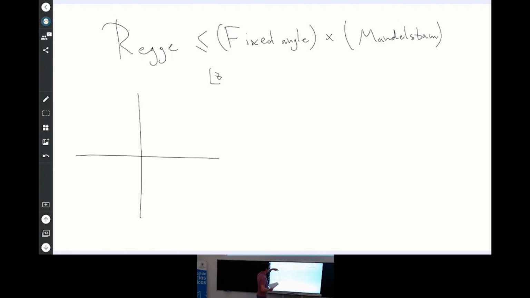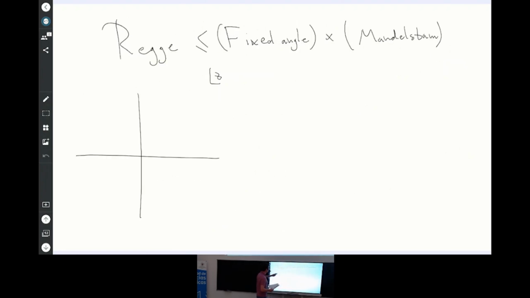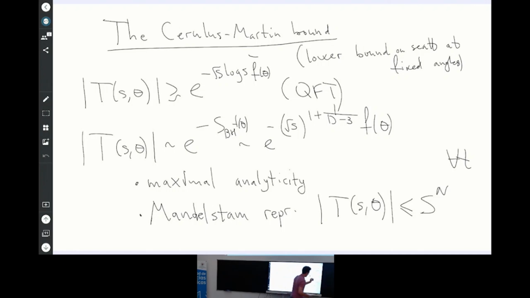This formula, which follows from maximal analyticity and the Mandelstam representation, which I will now try to derive, tells you that if you take an amplitude in the Regge limit, then it is bounded by the product of the fixed angle scattering, all at high energy, times a Mandelstam. Mandelstam means T can be very large. So Mandelstam means these unphysical T's, which could be positive of order S or complex. But you assume that for the Mandelstam representation, all these are bounded by a power. And so then, if you just use a simple theorem in complex analysis from these two,